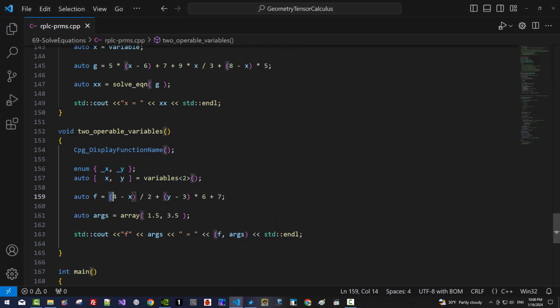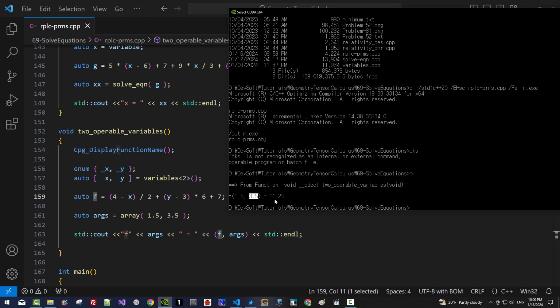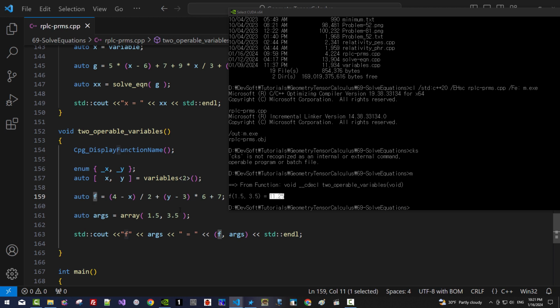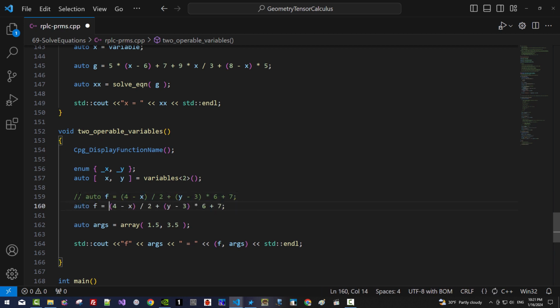So this expression f, when x is 1.5, y is 3.5, this expression evaluates to 11.25. As long as f is a linear combination of operable variables x and y, this expression can be arbitrarily